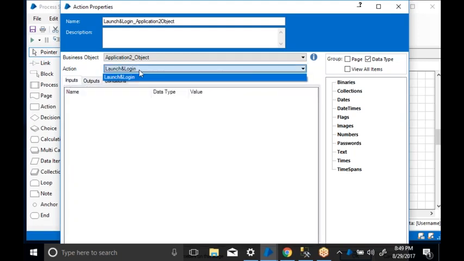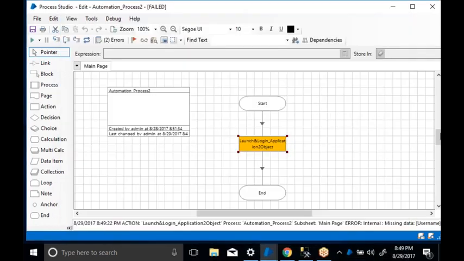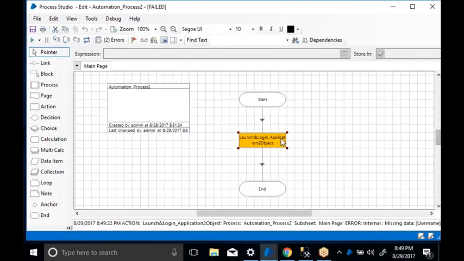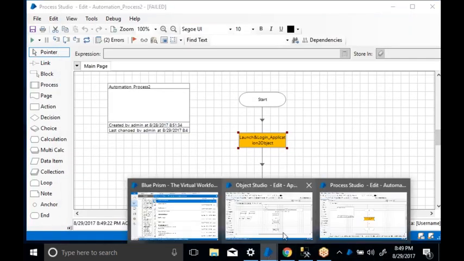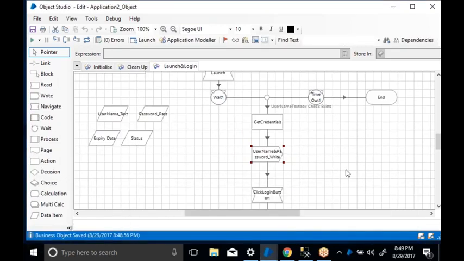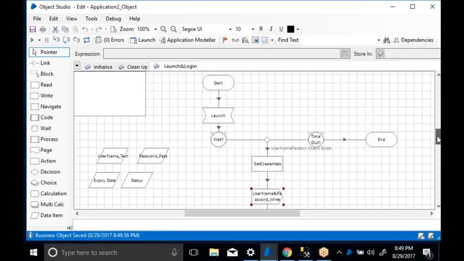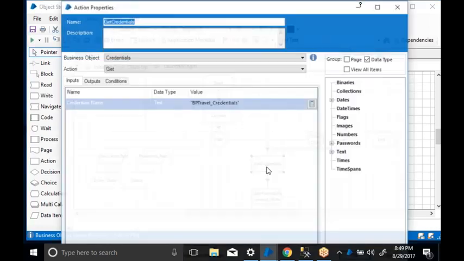Kiran, yes, tell me. Yesterday when you were calling the credential in our data item, that data was populating in our data item. Right now, it's not populating. If you go to Object Studio, data is not populating in our data item. If you see, now see. Yesterday it was populating. Yes, yesterday it was populating.